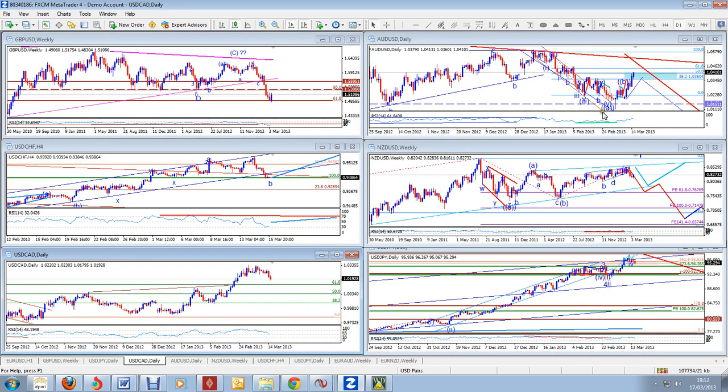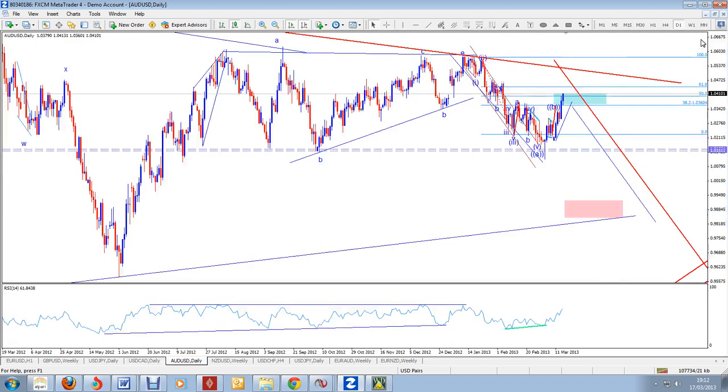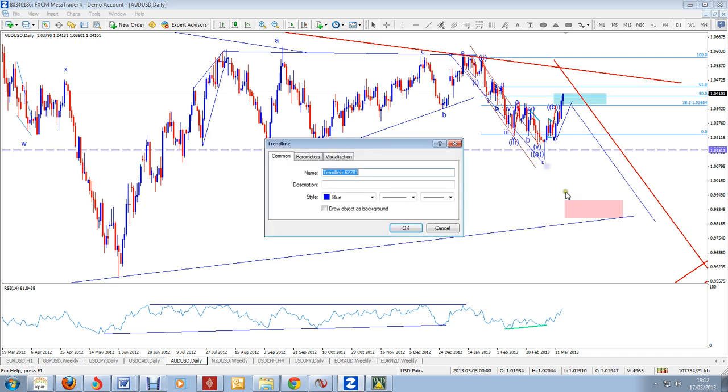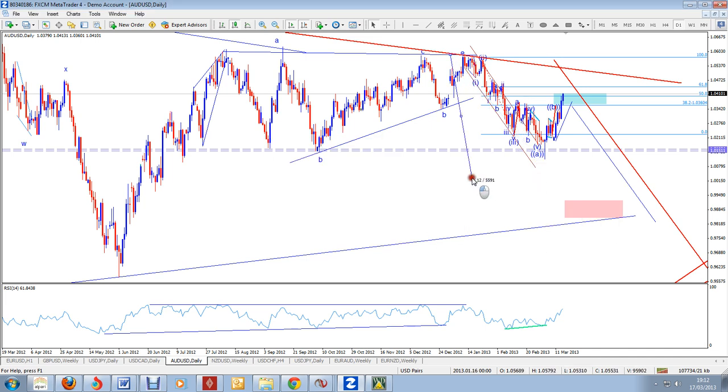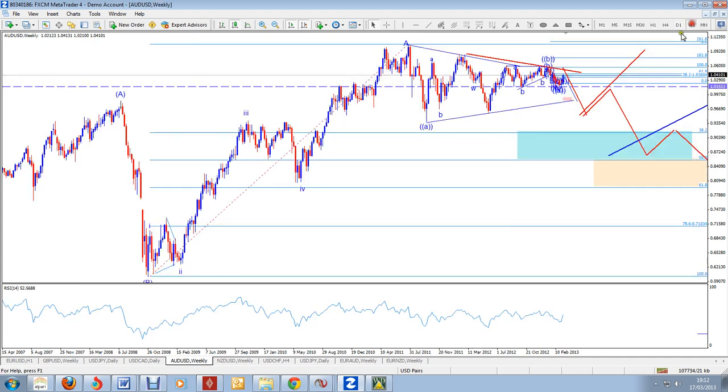Next one, we'll look at the Aussie dollar. Now the Aussie dollar, for a while we will not get a complete picture of exactly what is happening. That is, is the Aussie dollar still in this triangle, in which case we need a pullback to the base here before continuing higher, or will we have a much deeper retracement, which I've explained in the previous videos, where